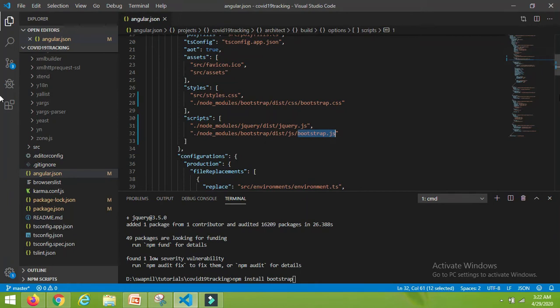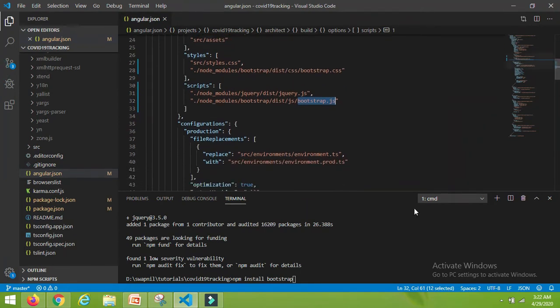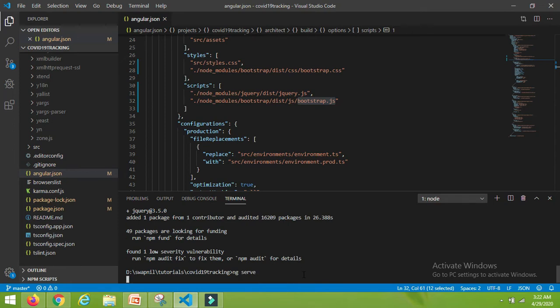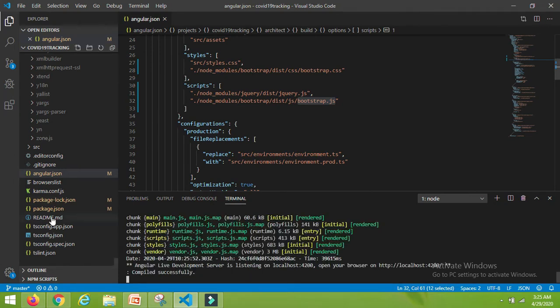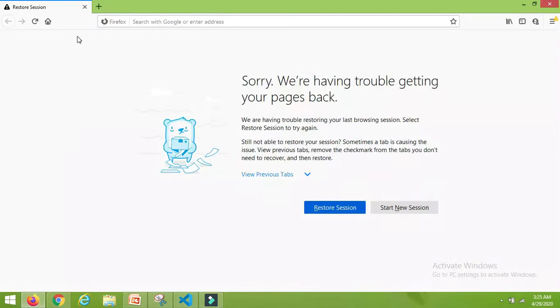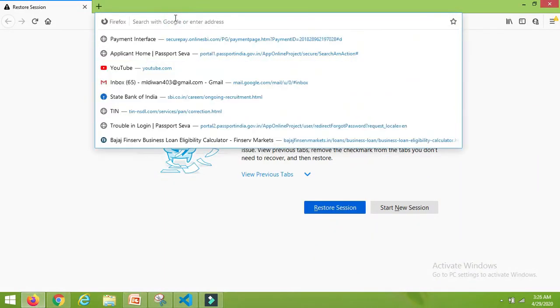So now let's run our program. ng serve. It's compiled successfully. So let's open the browser and hit the URL localhost:4200.